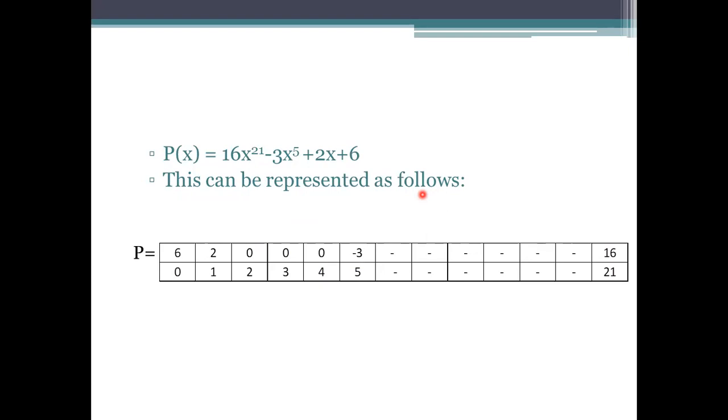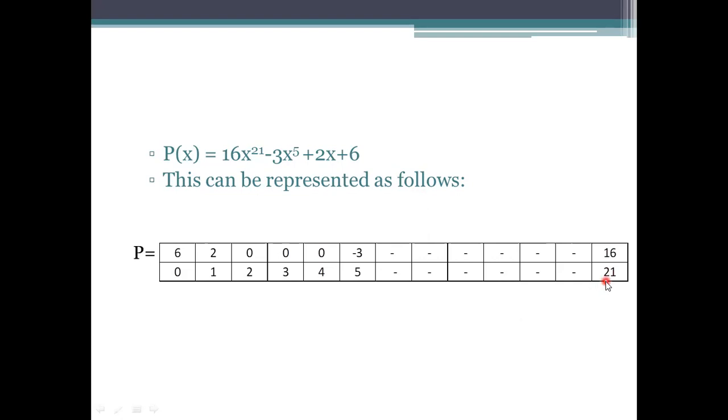So whatever the highest degree is, it allows us to store the values into the array. Means the size of the array will be considered as the highest degree element here. So the highest degree element is 21. Then we need to create an array to store the values of this polynomial by using this 21 representation here.